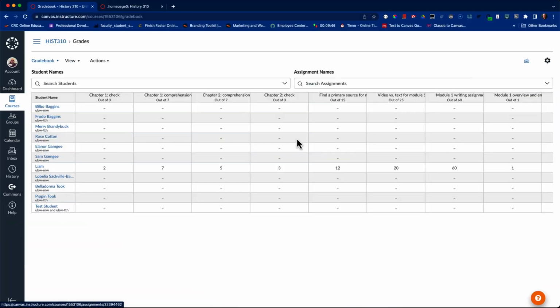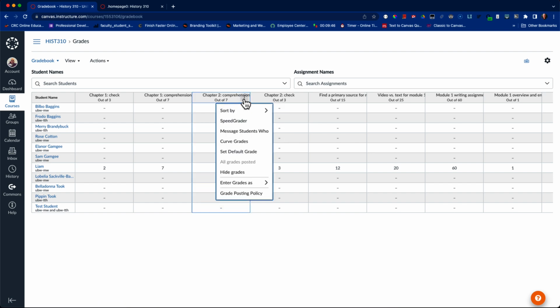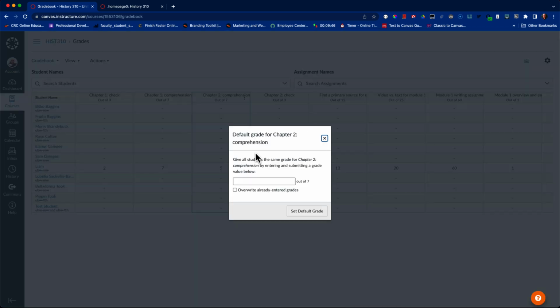On the grades page, there are two things we can do to help make the default total score match what students have actually earned. For work that is completed offline and has been graded, there's an easy way to give a 0 score to all students who did not complete a particular assessment. Select the kebab menu for the item and choose Set Default Grade. Type a number and select Set Default Grade. The number is applied.